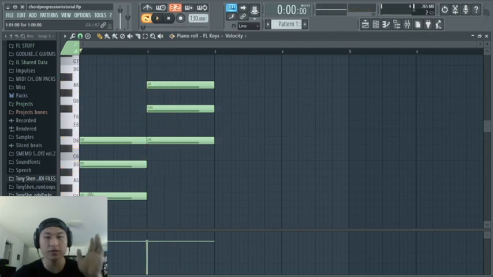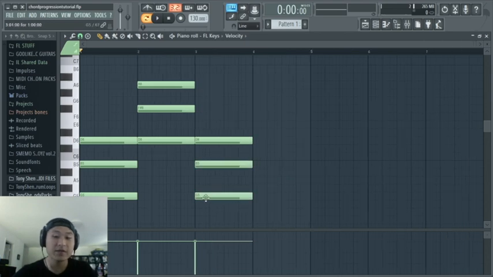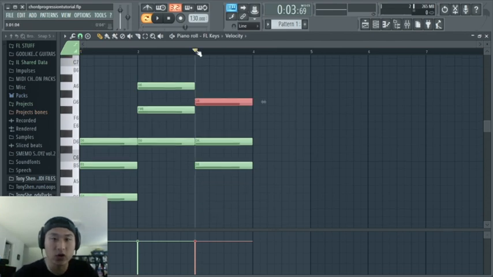So this is called the root position, where you have the root note at the bottom, which is G, B, and then D, right? If you want to invert this chord, what you do is you can copy it here, right? Instead of having the G, which is the root note, at the bottom, you could shift it up, and that will be an inversion of the chord. It's the same chord, but instead of having G at the bottom, you move G up an octave. So now B is at the bottom,